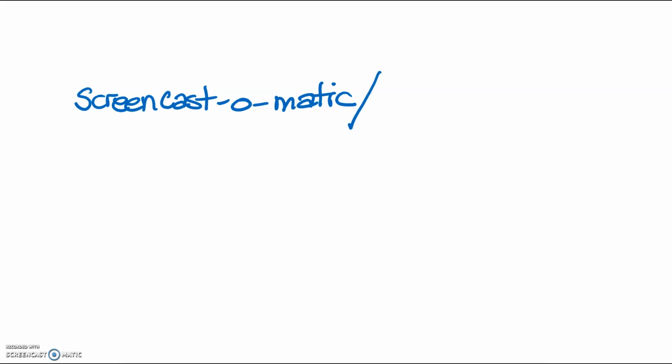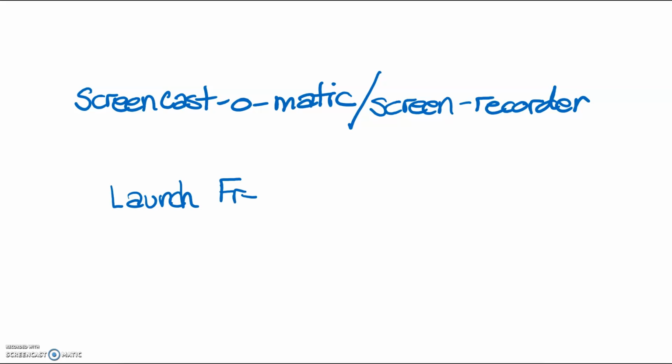So the very first thing you should do is go to the website Screencast-O-Matic, and let me see if I can remember what that is, screen recorder. Okay, you're going to want to click on the launch free recorder button,